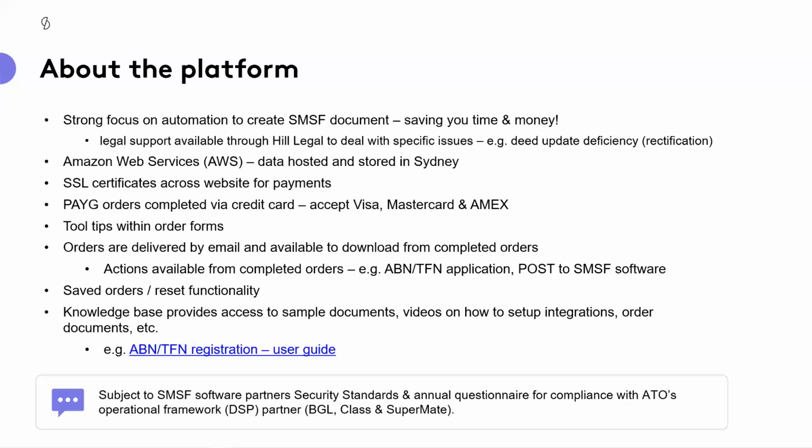And you will see shortly around this ABN TFN, once a new fund has been created, just that reminder about the ABN TFN, and a link to the user guide, so if you've got any questions about it as well. And in addition to the email about the completed order, again, you will see in the completed orders page shortly,